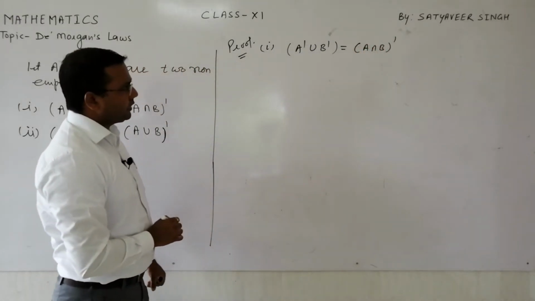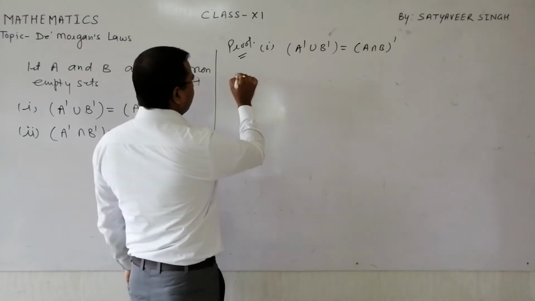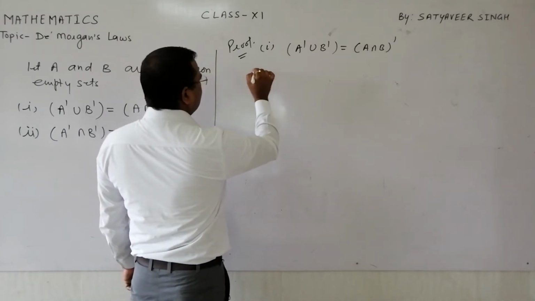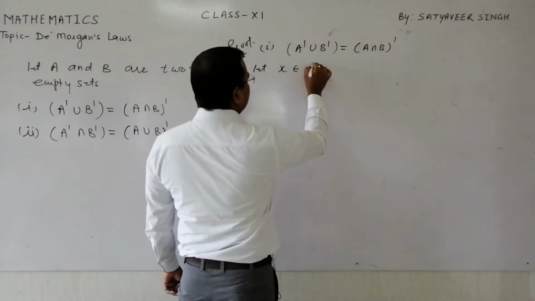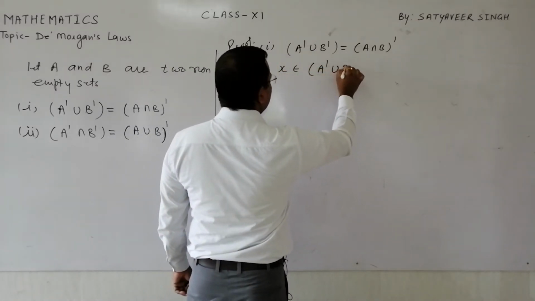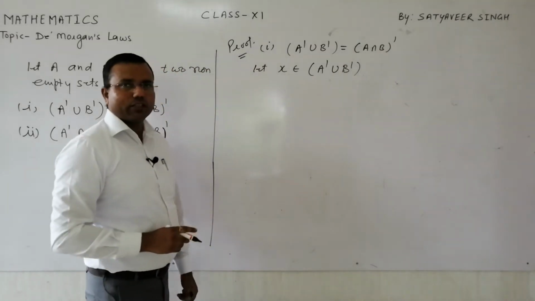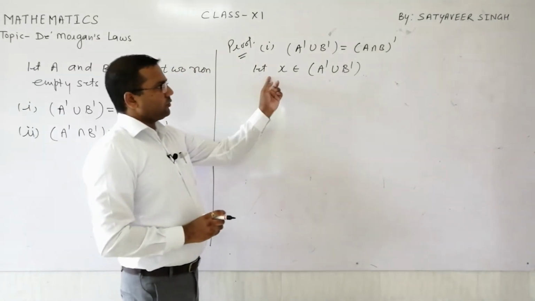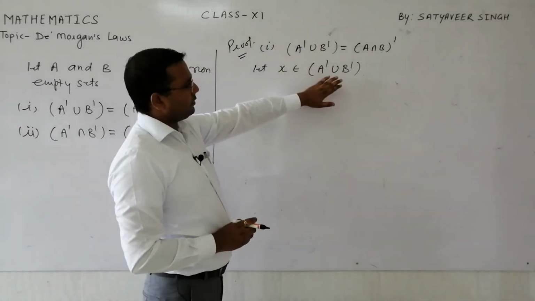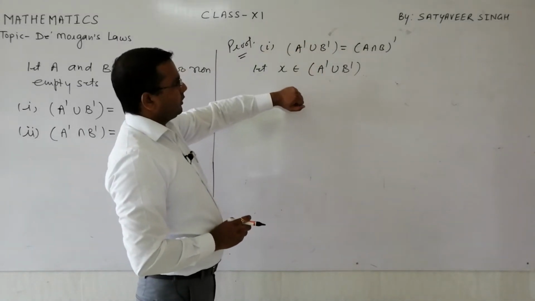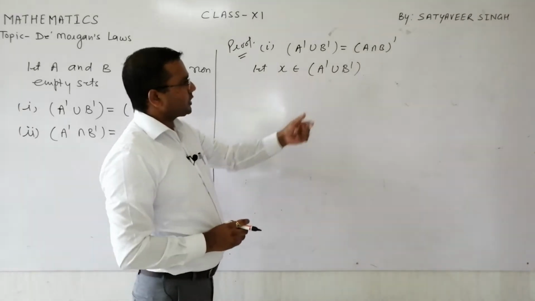We want to prove this. For proving this, we will have to assume, let x belong to the left hand side part of this De Morgan law. We have taken one element x which belongs to this set,